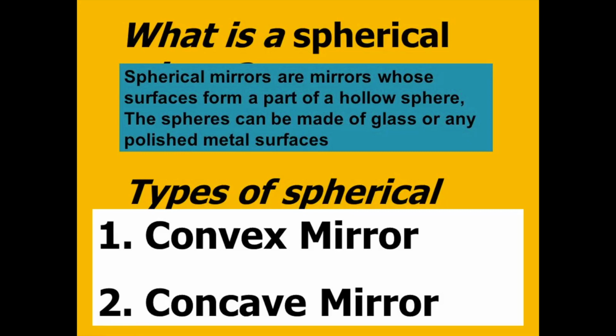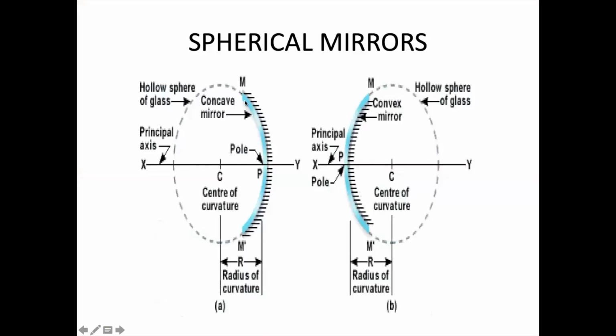So how will you show that concave mirror figure? Just see, this is a blue color, meaning I've made the inner surface shining, and then I have to draw lines over here, showing that it is opaque on that side. So this is which type of mirror? Concave. And the outer surface is shining, and on the inner I have to draw lines. This indicates what? That this is a convex mirror. So spherical mirrors are the concave mirror and the convex mirror.